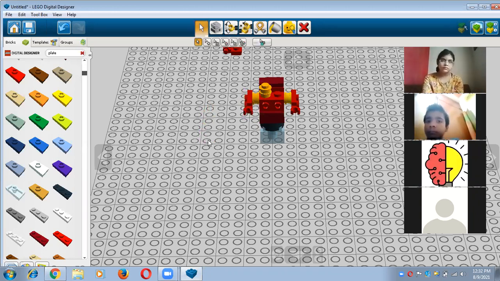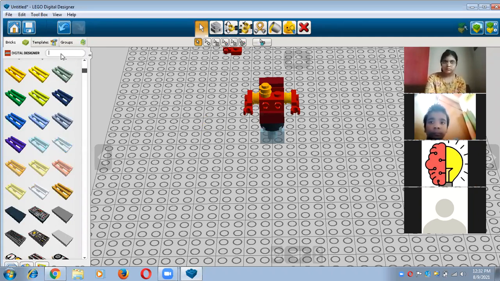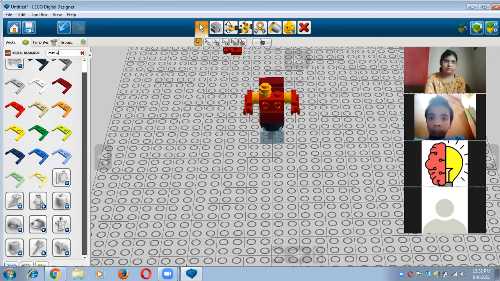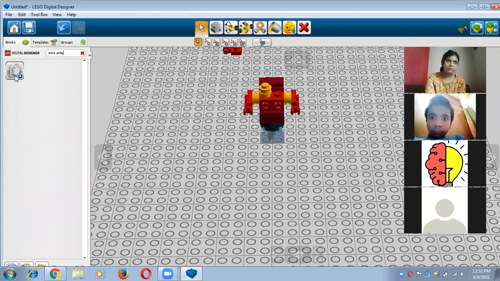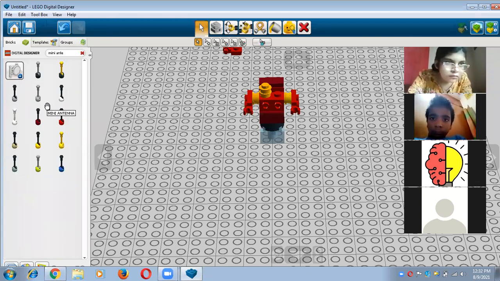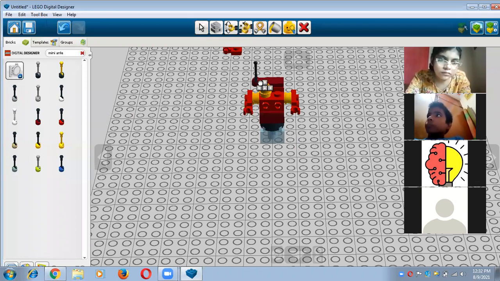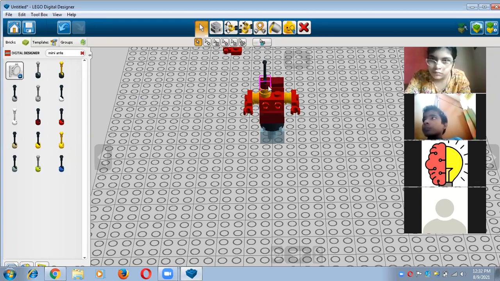And now I am taking the most beautiful part and most important part, that is mini antenna. What is called? That is mini antenna. And just expand this folder. Now you will receive mini antennas. Lots of mini antennas are here. So I want to take this red color mini antenna and just putting here, right? I'm just putting here, correct?